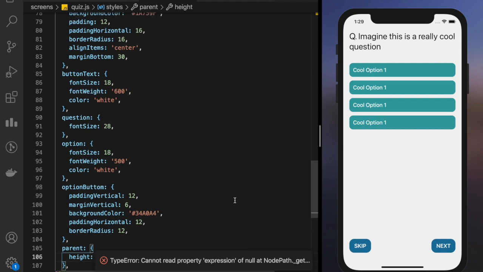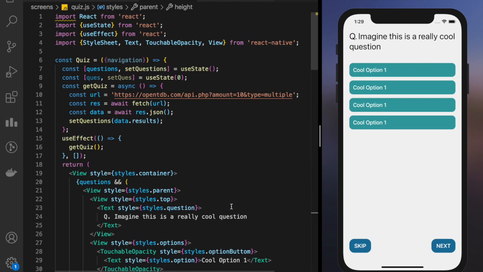Okay, this is really good. Now if we reload our application, what I am doing here is saying that if I have questions, if it is not undefined, then only do this. It's an AND operator. You should read more about it somewhere else also.